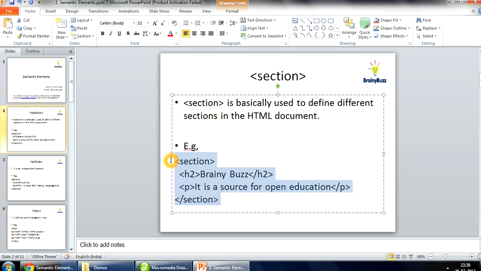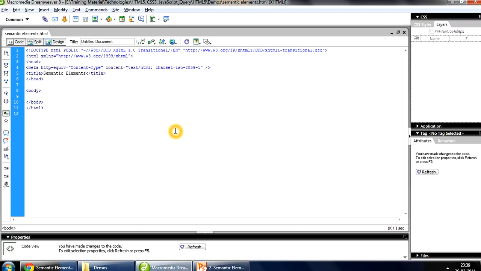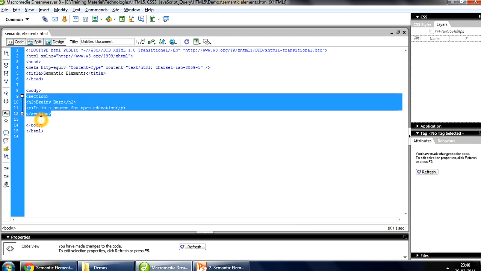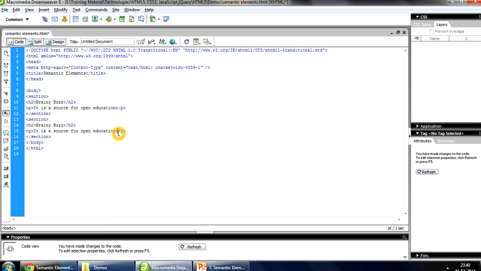Let's just copy paste this. Like this we have one section in our HTML document, and this way you can also keep the other sections.